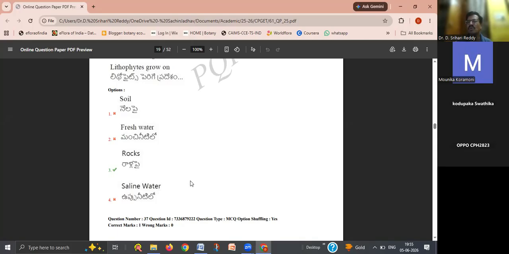Okay, next. Saline water. Some of the plants grow in saline water also. They are called halophytes. What are they called if they grow in saline water? Halophytes. And if they grow in sand, they are called psammophytes. So you should remember all these: psammophytes, hydrophytes, xerophytes, which grow in deserts and are acclimatized to desert conditions, and lithophytes which grow on stones. Okay, and next,